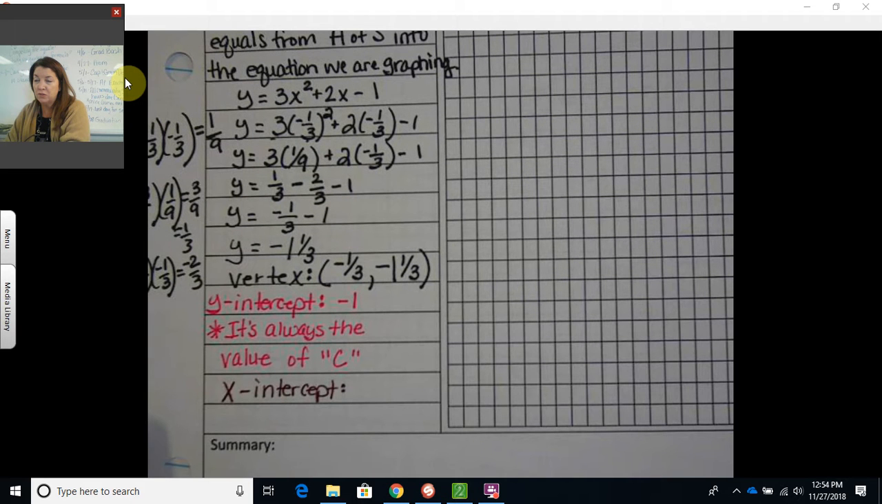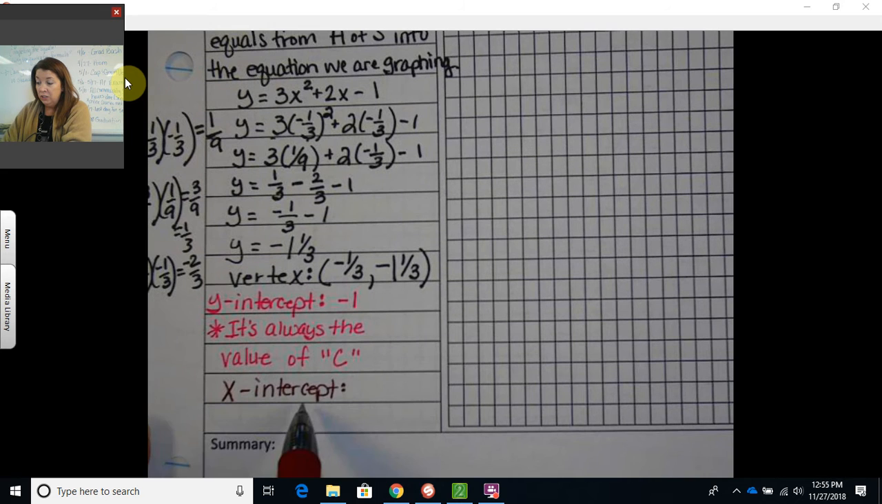You can solve by factoring, but does factoring always work? No. You can solve by completing the square. Does completing the square always work? Yes. You can solve by using the quadratic formula. Does the quadratic formula always work? Yes. So if you don't even want to play around with factoring, just go straight to the quadratic formula or completing the square. But I always like to factor first because if it works, that's what I want to do, because to me that's the easiest. You may disagree. So to find the x-intercept, you have to solve